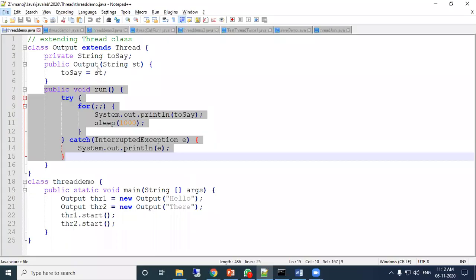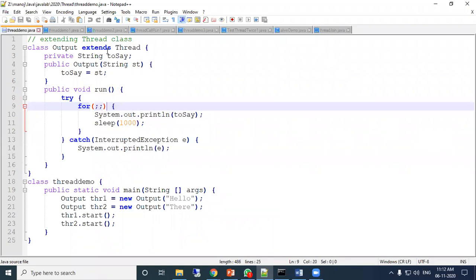Here in the thread extended class, you are redefining the run method, which is declared inside the thread class. So it is function overriding. In the interface, again the same thing: the run method is there, and you are redefining it.